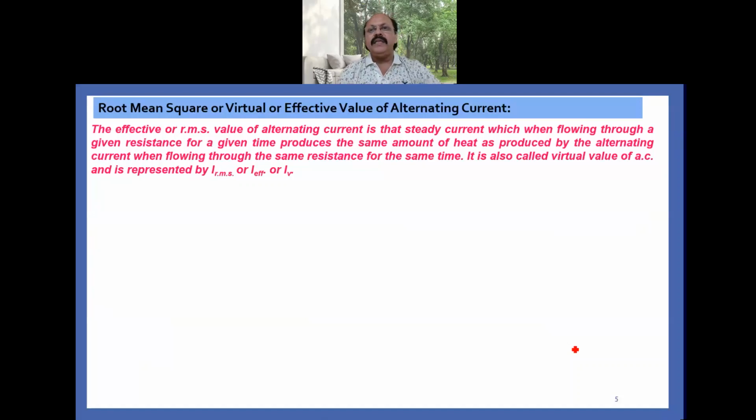So from here what we say is that first we have to calculate the amount of heat produced by alternating current through a given resistance in the time of a complete cycle, and the same amount of heat is produced by that steady current through the same resistance in the same time, that is the time of one complete cycle. So one by one we calculate and then we equate. After that we will get an expression for RMS value of alternating current and alternating EMF. So here we say that let alternating current be represented by I equal to I naught sin omega t.